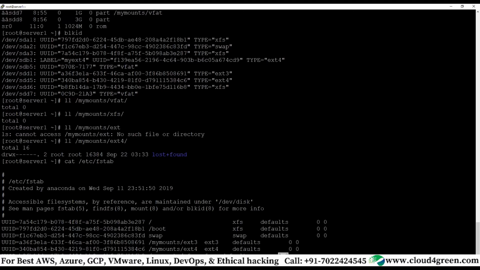Before we create a volume group, the normal disk cannot be recognized by the volume group. So we need to create a physical volume out of this disk. It is a block device, and you create a physical volume for the same disk, which we call a PV. We have a command called pvcreate to convert a block device into a physical volume.